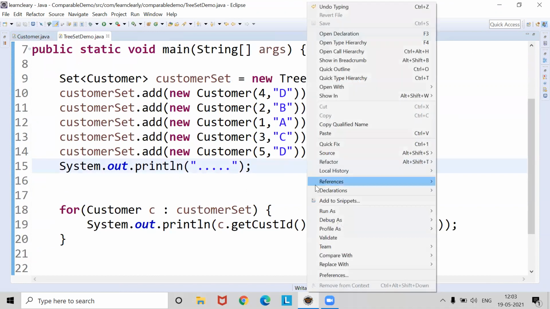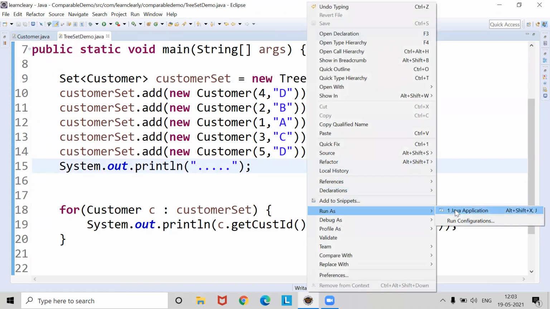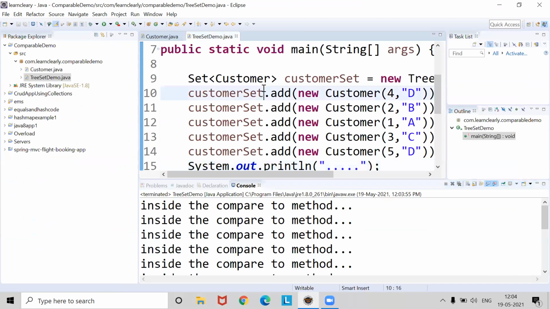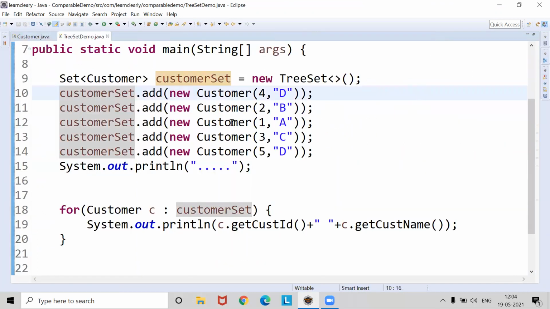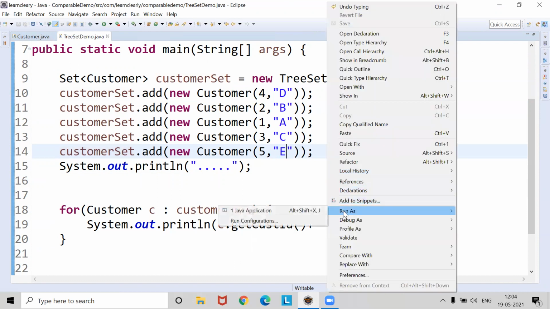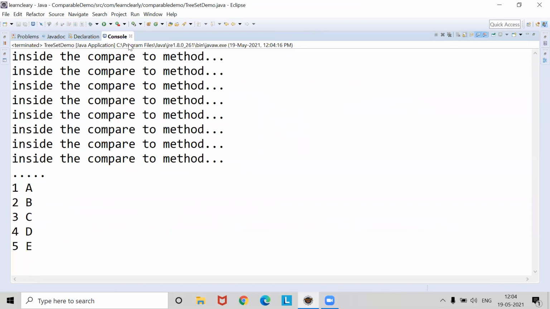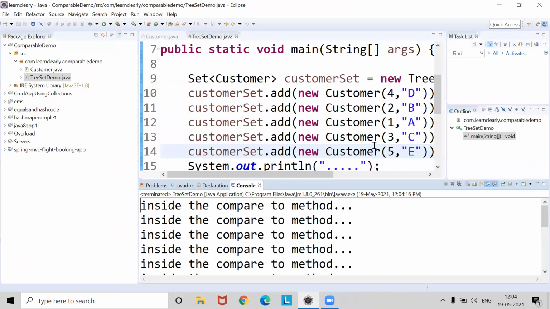So once again, I run this program. However, you see we don't see A B C D. What happened to E? It's not there. Is there a copy paste mistake? I guess A B C D is there somewhere. We have to give E. That's the trouble. Now Control S, I have saved this one. Okay, now you run this one. You see here we get the output once again, A B C D E, and this is how we